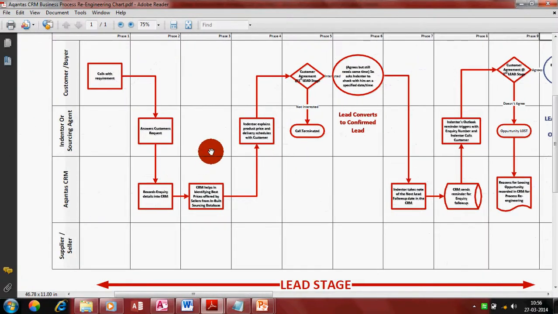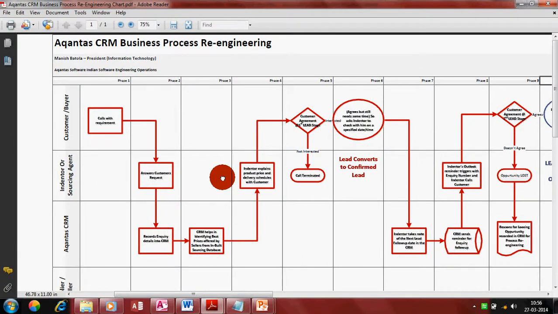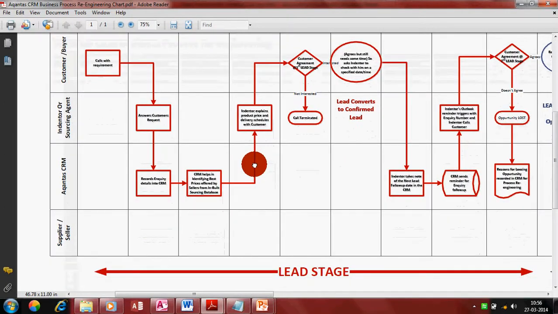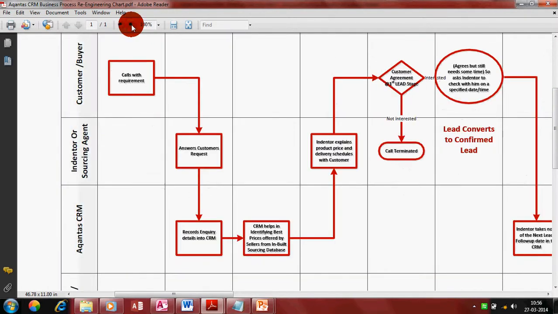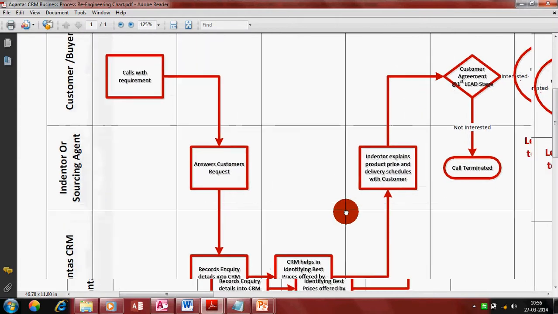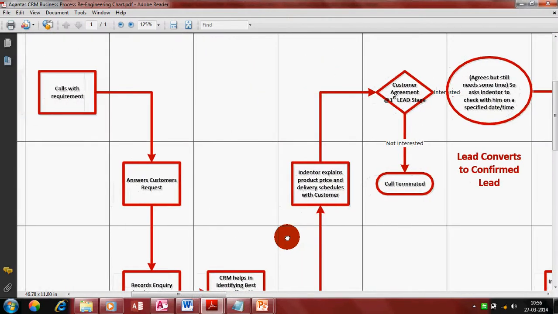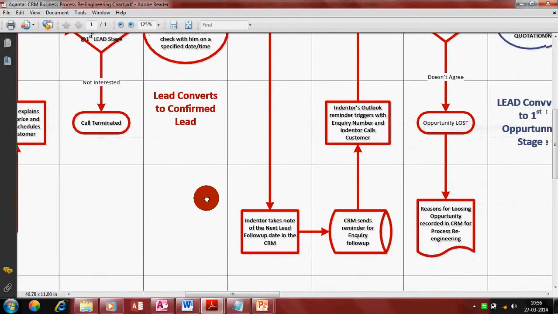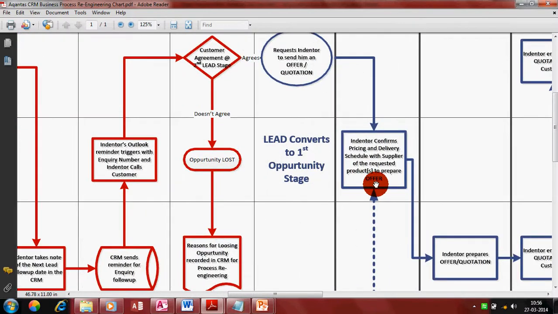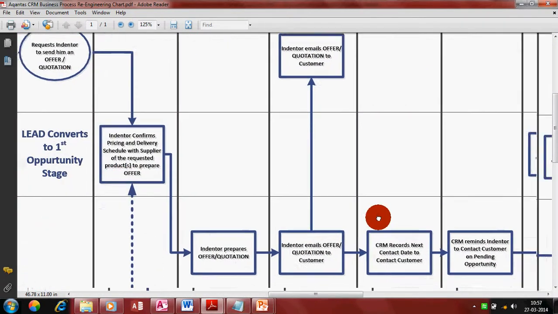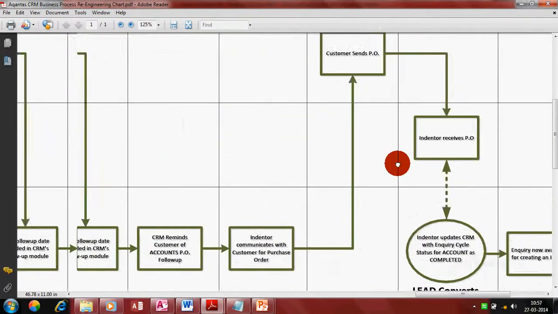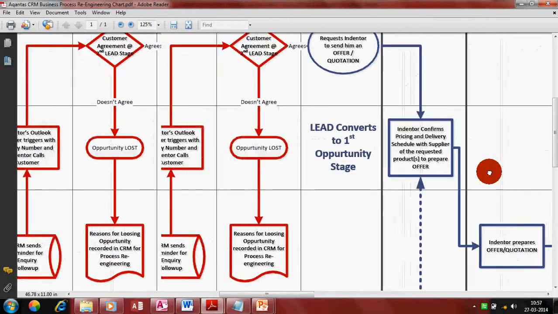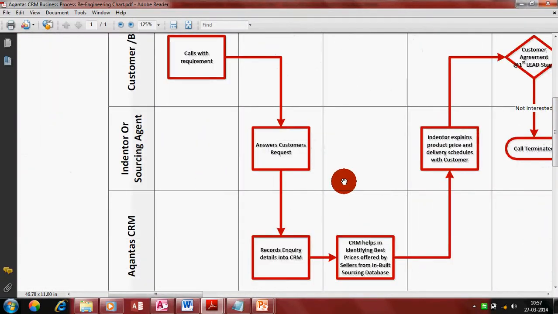So if your current employee leaves the job and has to perform a handover to the new employees who are joining in, all they have to do is go through this chart, and the new employee will definitely understand how your business process flows and how the CRM will function based on this chart. So we have a disciplined process, and at the same time a very easy to use process.